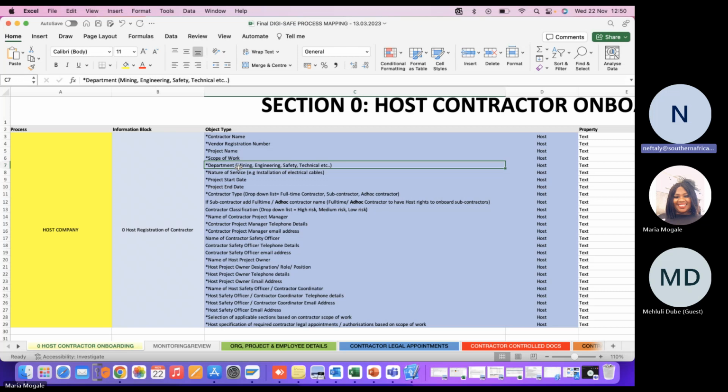Once you've completed that, you send Neftali a link as a host. It can be in an email, or it can come directly from DigiSafe to DigiSafe, DigiSafe host to DigiSafe contractor.